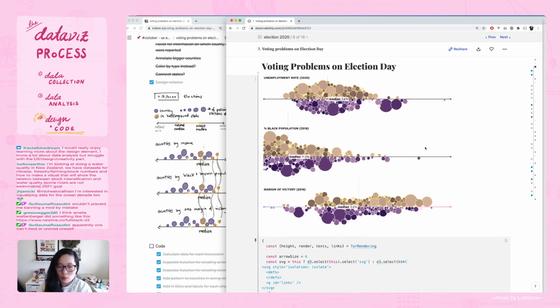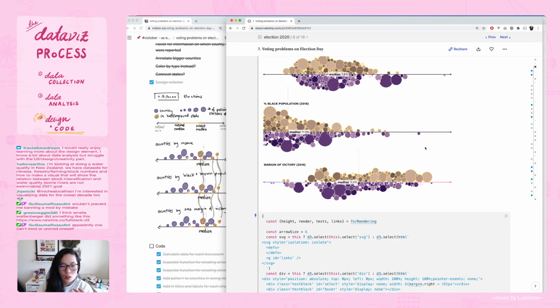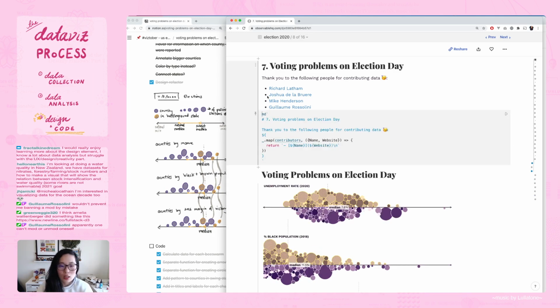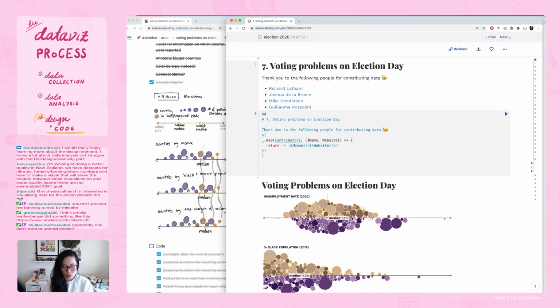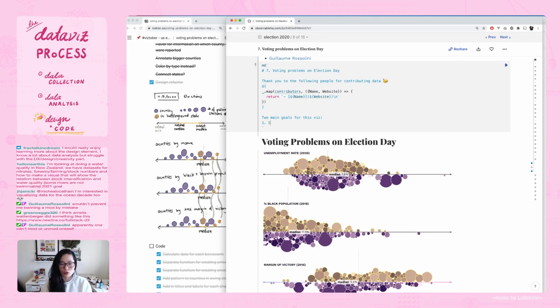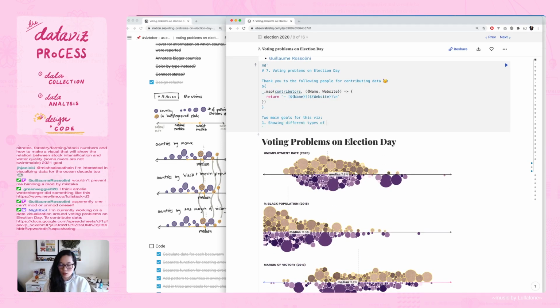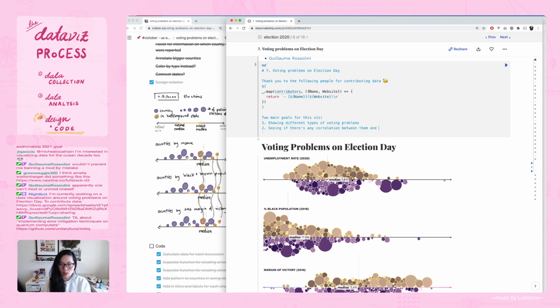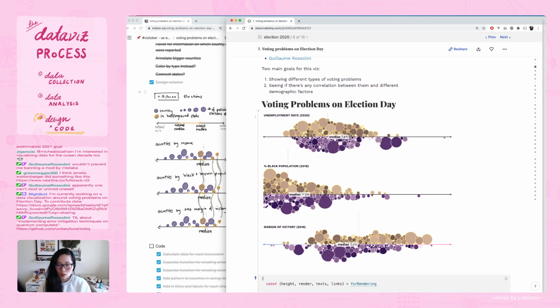which I think ultimately the most important thing is what are the types of voting problems? So I think the two important things. Coming back to this after weeks, trying to remember what I was trying to do. Okay, so I think the two most important things, and I should just write this down. The two main goals for this viz are showing different types of voting problems, and then seeing if there's any correlation between them and different demographic factors. Okay,